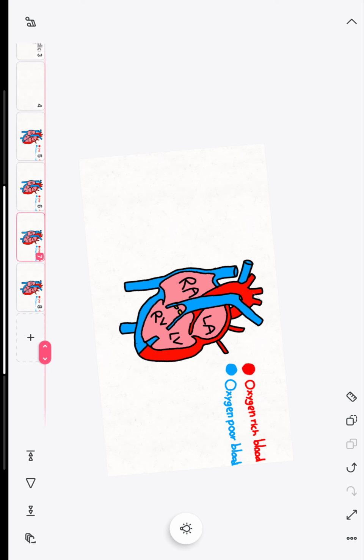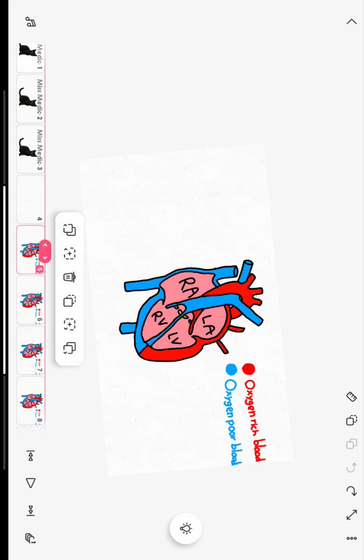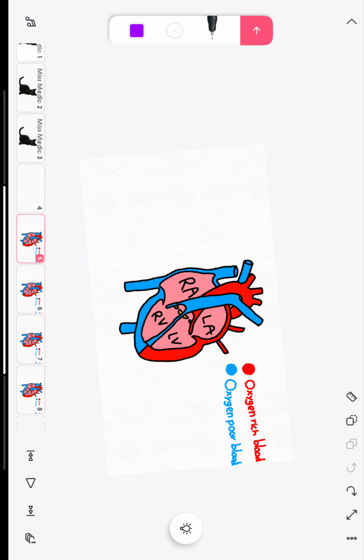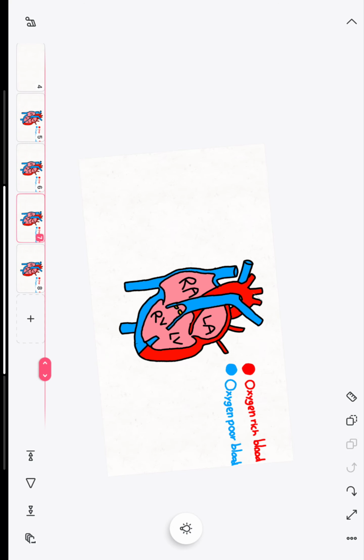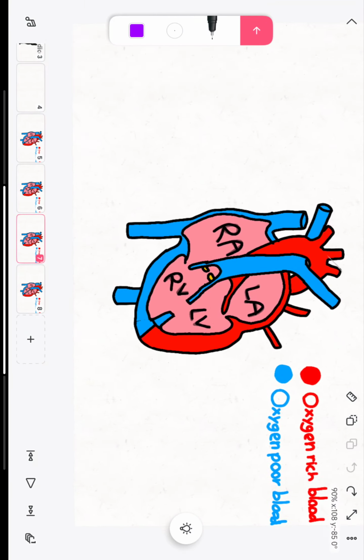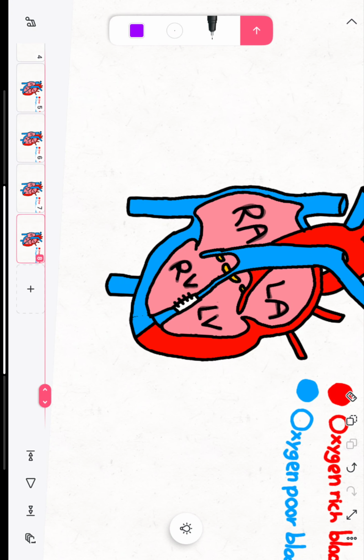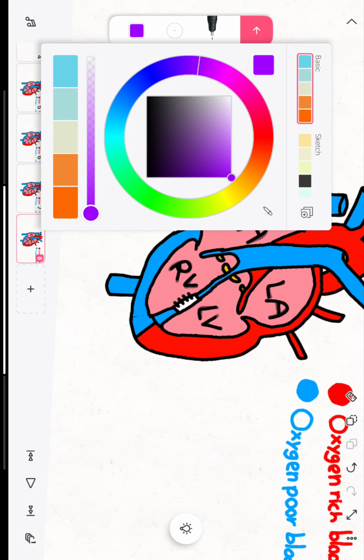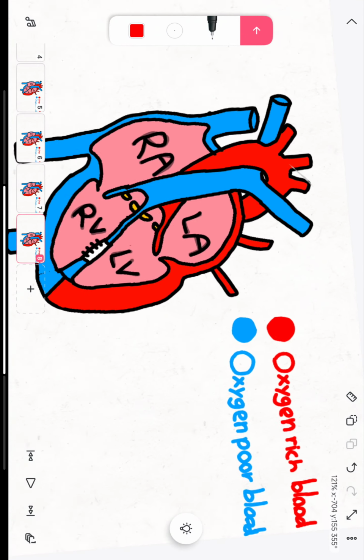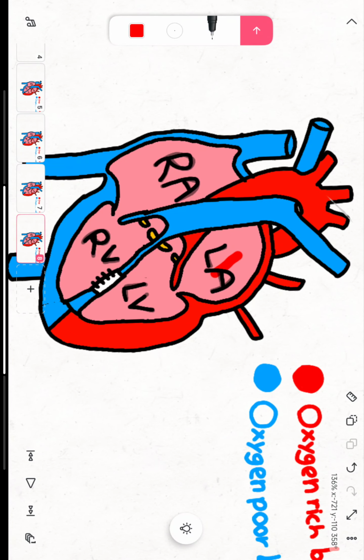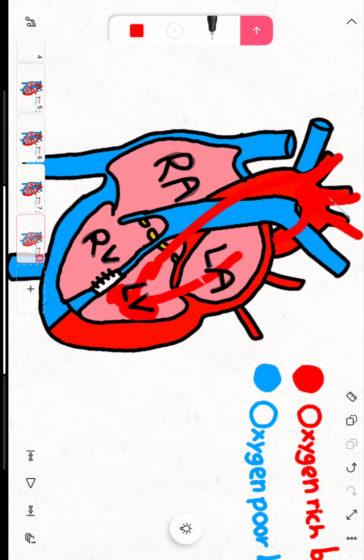So usually they just heal on their own. But if it doesn't heal on its own, surgery will be needed. A plaster will be sewed on. So the oxygen-rich blood would not be able to pass over to the right ventricle, and it will easily reach the aorta. And same for the